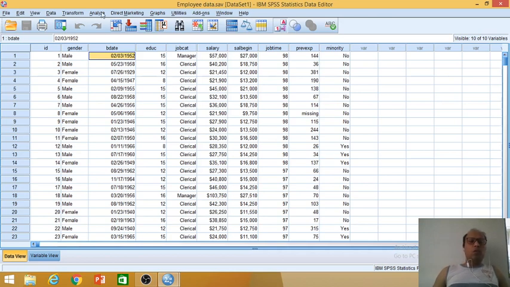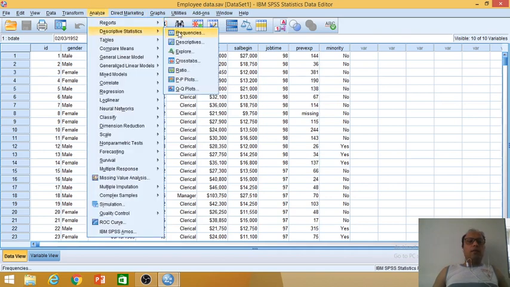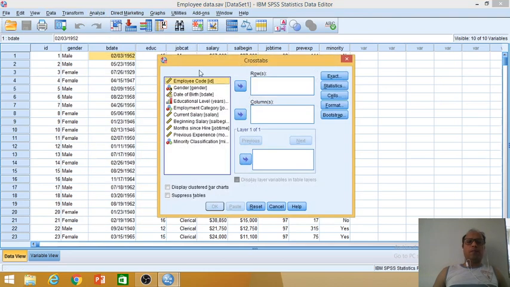So what we'll do, we'll go to Analyze. We have Descriptive Statistics. In that we have one tab here called Crosstabs. Crosstabs stands for cross tabulation. So we click on Crosstabs and a dialog box asks you to select row variable and column variable. You need to select one category variable as a row variable and one category variable as a column variable.